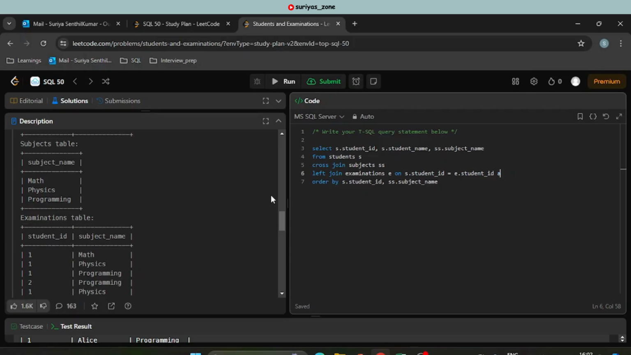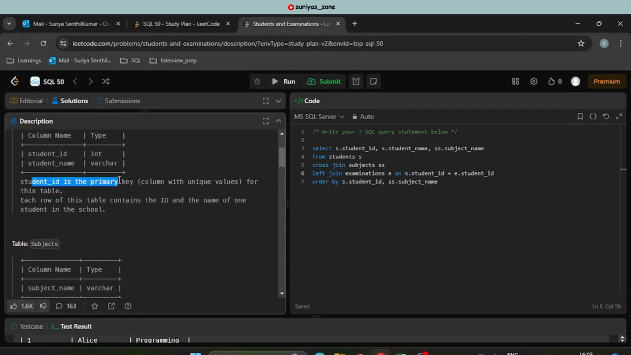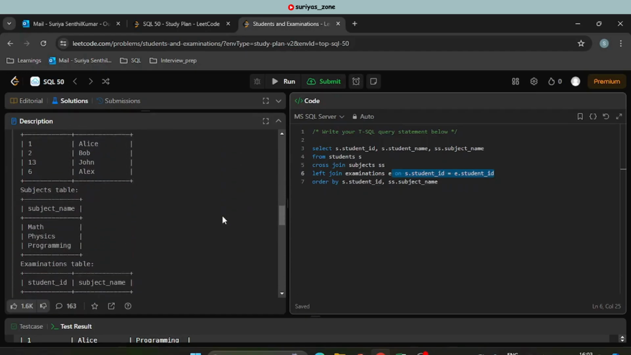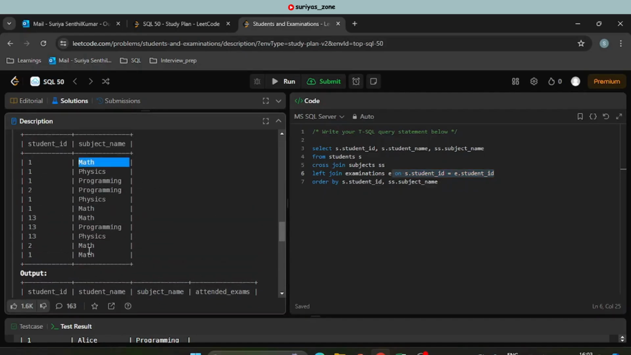Actually, I don't think student name is required, because the table attributes mention student id itself is a primary key column with unique value, so this join should be enough. Next, we need to count the number of times a particular student has written the exam. How will we count that? If we count the subject name in the examination table based on student id, it will give us the number of times he or she had attended the exam. So now count e.subject_name